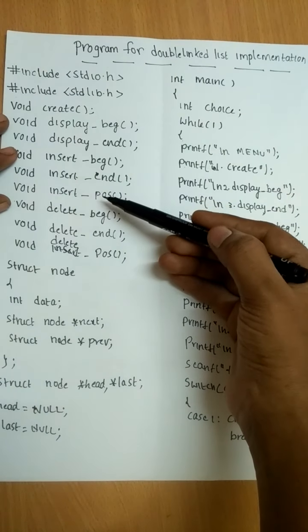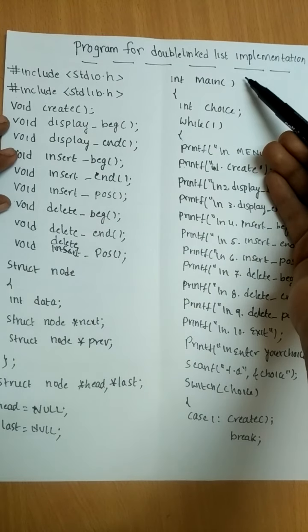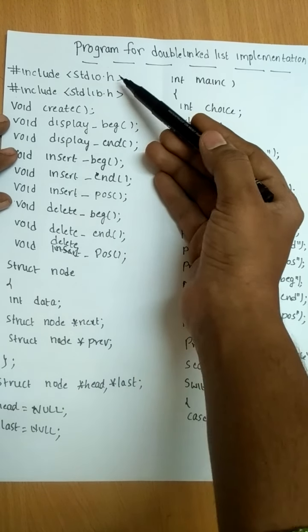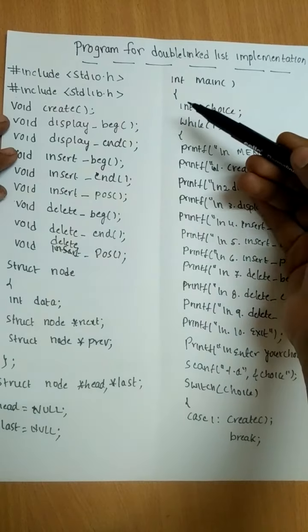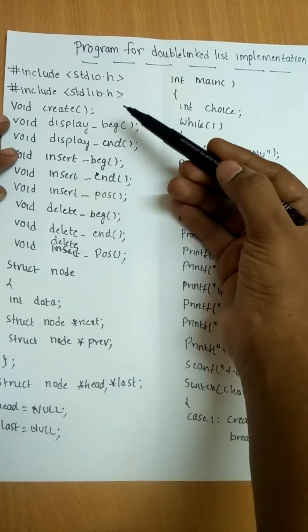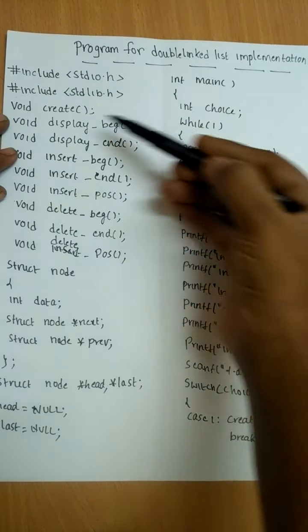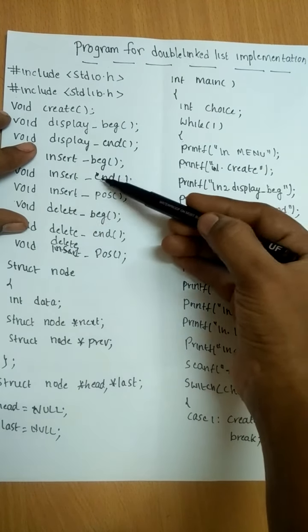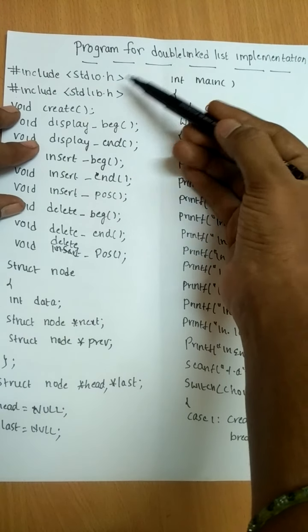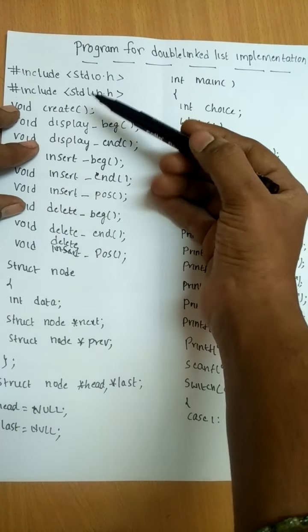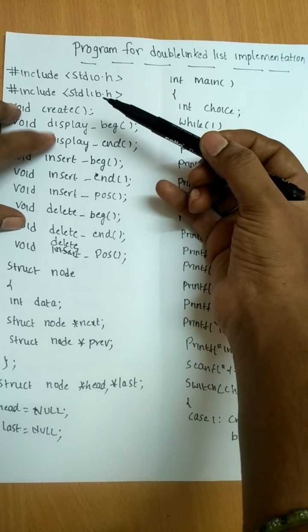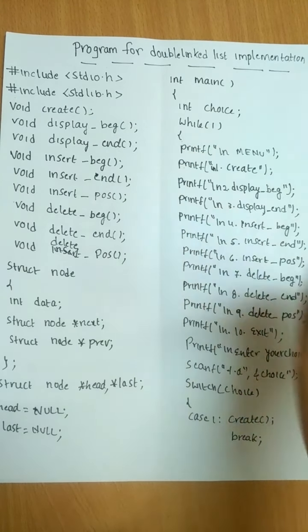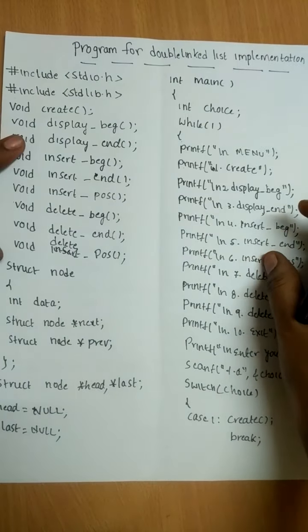So my sincere suggestion is, before learning this program, first learn the implementation steps. Take one pen and paper, draw a double linked list, and write all these implementation steps at once. Sure, I'll tell you, if you learn the implementation steps, you can write this program on your own. Okay, now I'm going to explain all the operations of the double linked list in one single program.